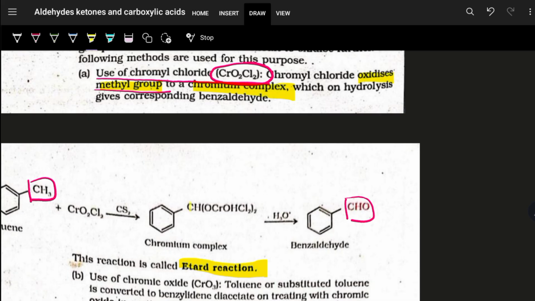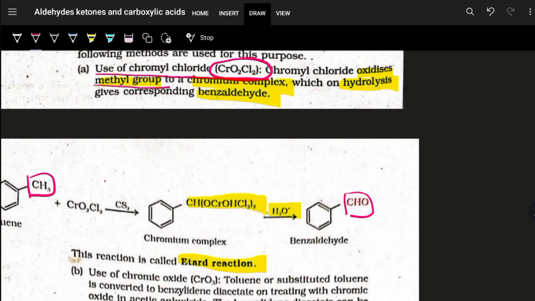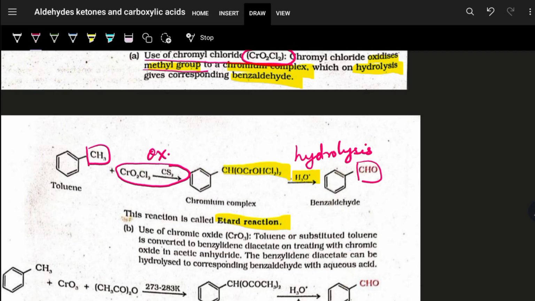This is the chromium complex we can see, and which on hydrolysis, you get corresponding benzaldehyde. So this is your oxidation step, CrO2Cl2 in presence of carbon disulfide, and this is your hydrolysis step where you are getting benzaldehyde. So this name reaction is known as Etard reaction, by which you can obtain benzaldehyde from toluene